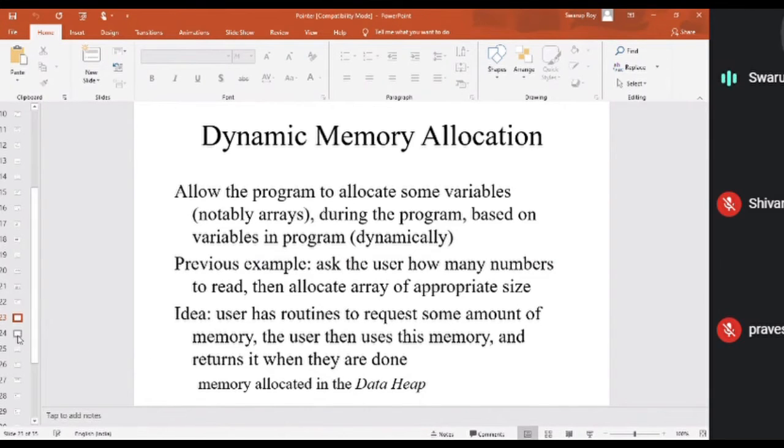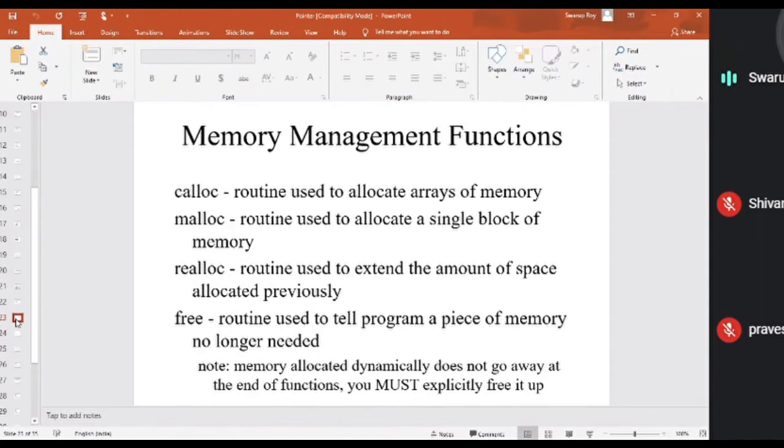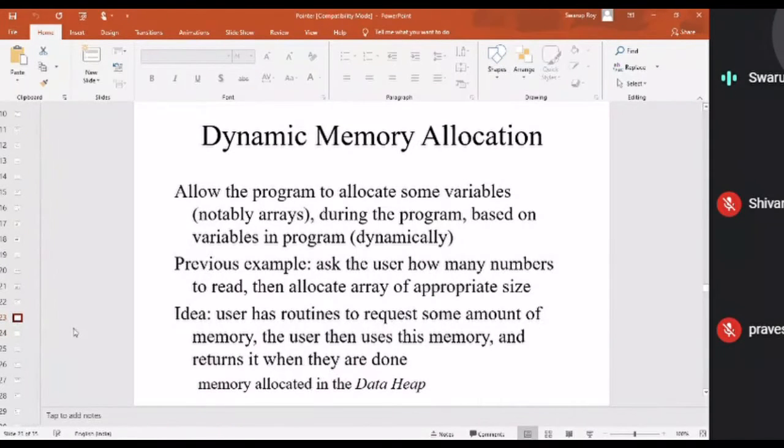So the free pool from where the memory has to be assigned based on the user requirement, we normally call it the heap. That is called heap. Heap basically means the free pool. If any program is running, it has a specified amount of memory that can be given to it, whether they are using it or not. But it's not like only one program is running, because you know that in our computer multiple programs are running at the same time.